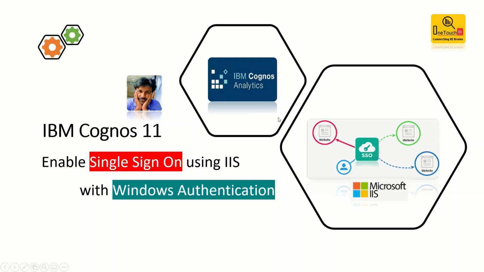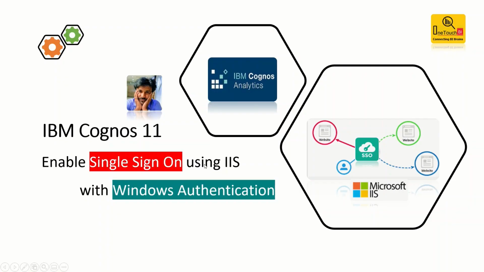This is me, Saravanan Vajravel, and today in our class we are going to learn how to enable single sign-on using IIS web server with your Windows account authentication. If you remember, in my previous tutorial I had not shown how to enable the Windows authentication on top of the single sign-on configuration. Some of you asked that this does not enable the single sign-on effect. To address that gap in this video, I'm going to repeat the entire configuration.